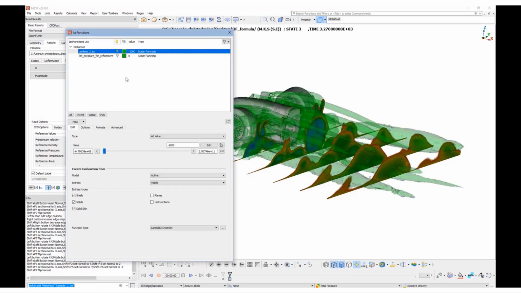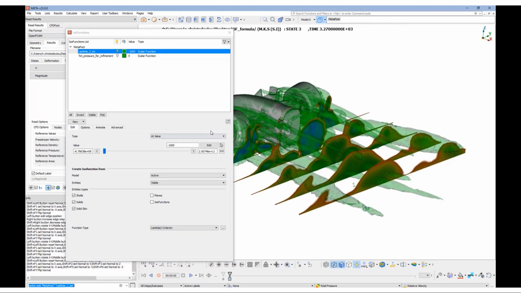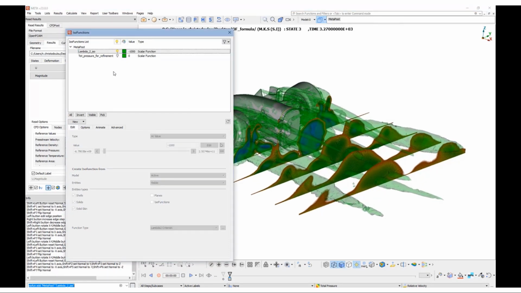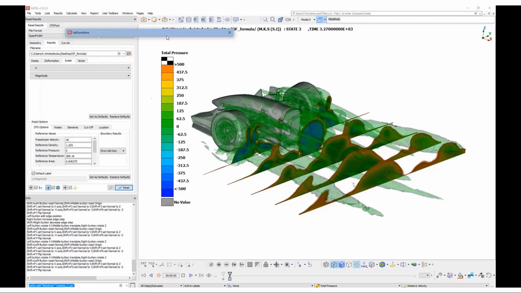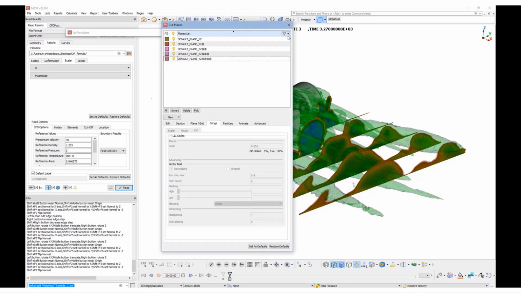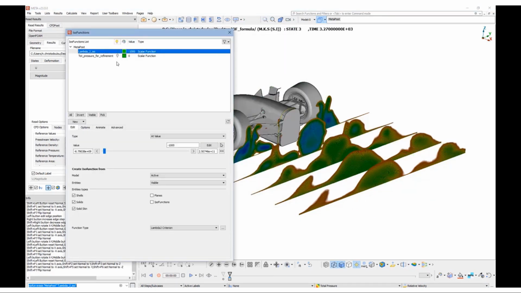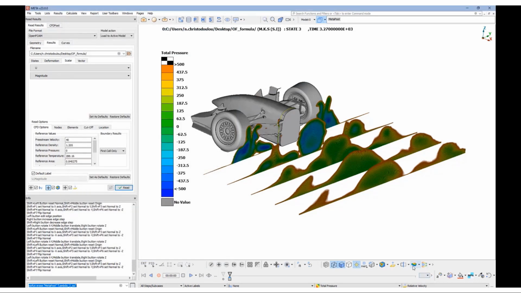And if we overlay this with what we had created before, the ISO function of the lambda2 criterion, we can see that there is a good match of where the vortex structure is and where it is located on the cut plane by the LIC visualization.